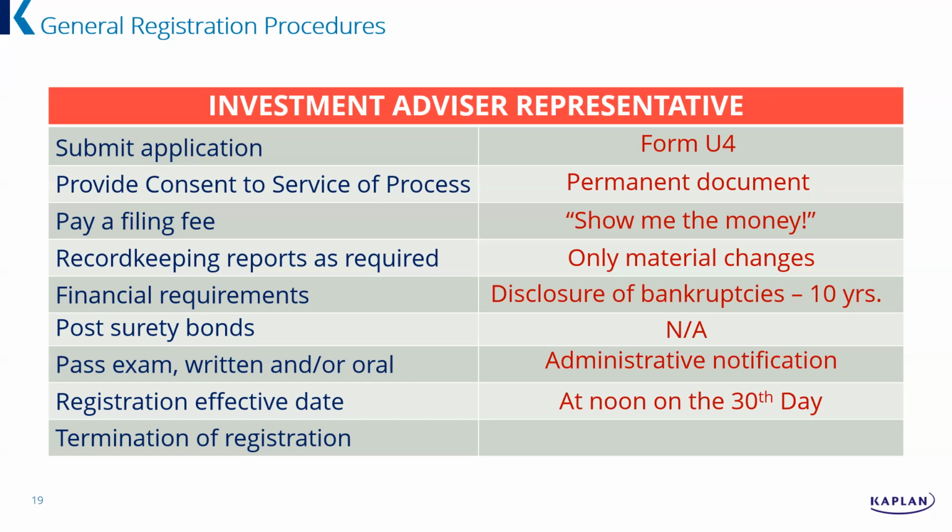So there are some things you need to know on your 65, 66, like noon of the 30th day, December 31st, securities registrations are 1 year, right? That kind of stuff. Anyways, effective, you could do it sooner, right? If we call, maybe we can get you effective sooner than noon of the 30th day. And again, if you terminate, then you have to make notice to the appropriate regulator. That's called Form U5. So U4 is hello, welcome to the securities industry. U5 is goodbye. It doesn't have to be bad. It could be just moving on to other things.